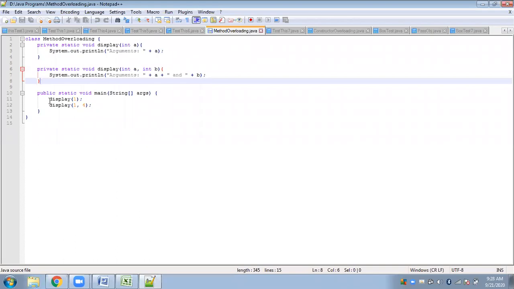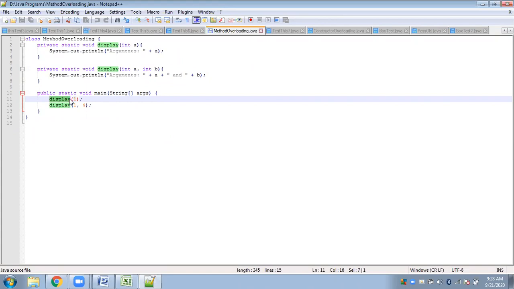And if you look at the main function, what did we understand about method overloading? What were the other names? It is also known as compile time polymorphism or static binding. Why compile time polymorphism? Polymorphism means something that can be used in different ways, one thing having different forms.